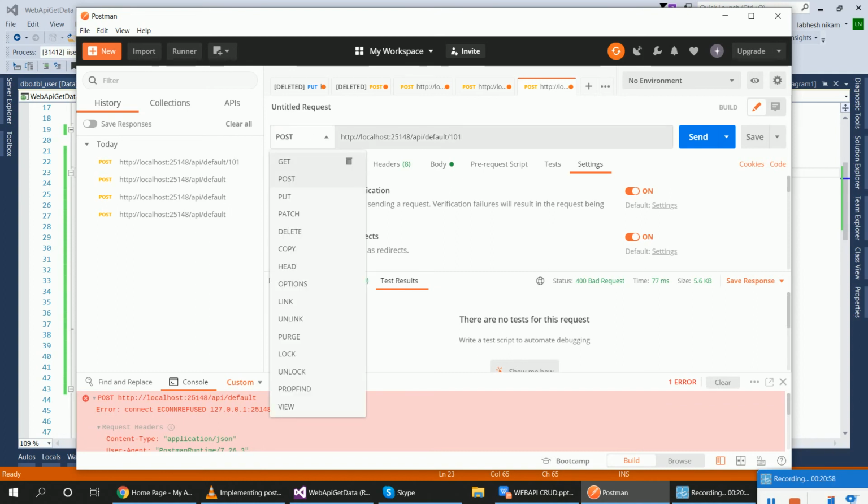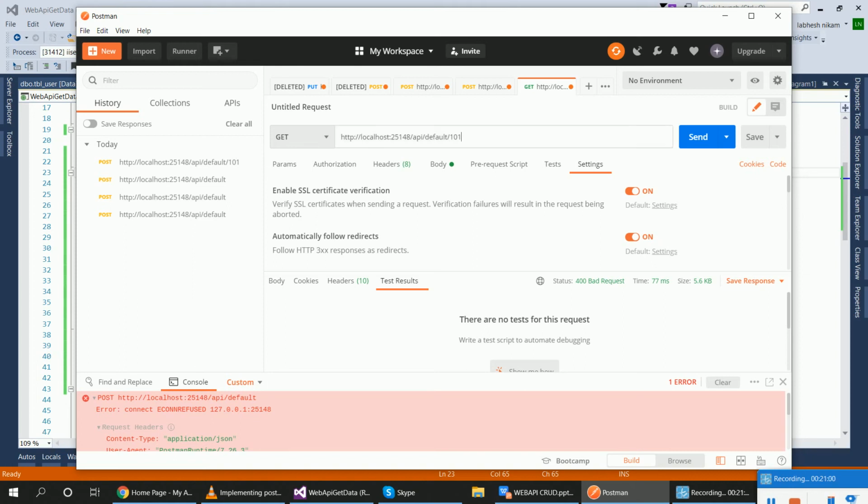Okay, suppose there is no 101 record inside the table. If I use the get method, what will the response be? 404 Not Found? It displays 200.